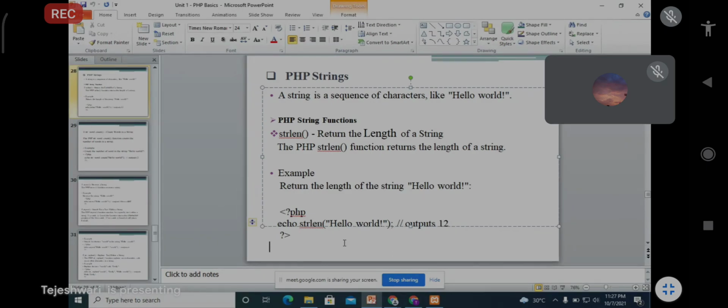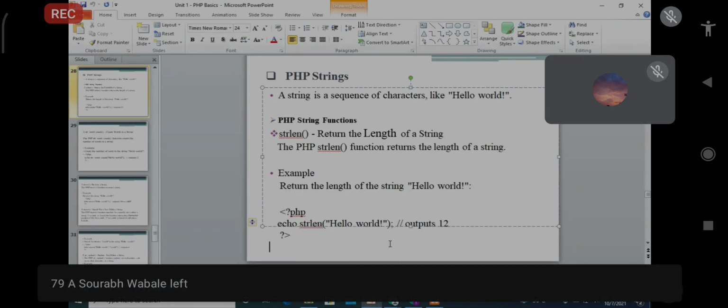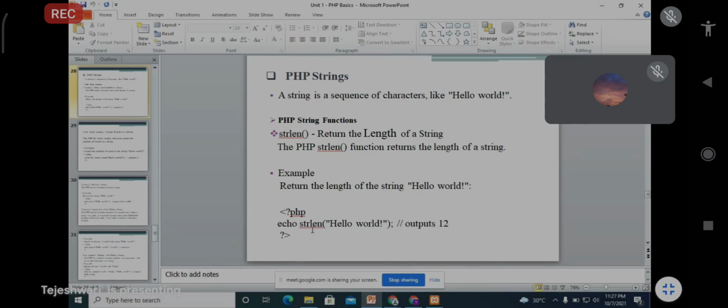Then close brace and semicolon. So this is a simple string function, strlen. In the PHP code you type echo, then the string function name strlen, and in that you write whatever string is taken.